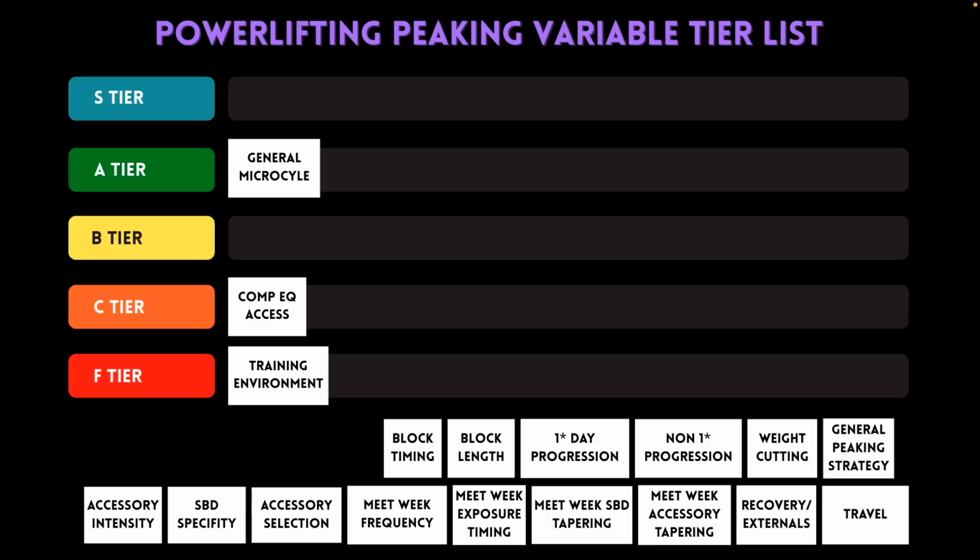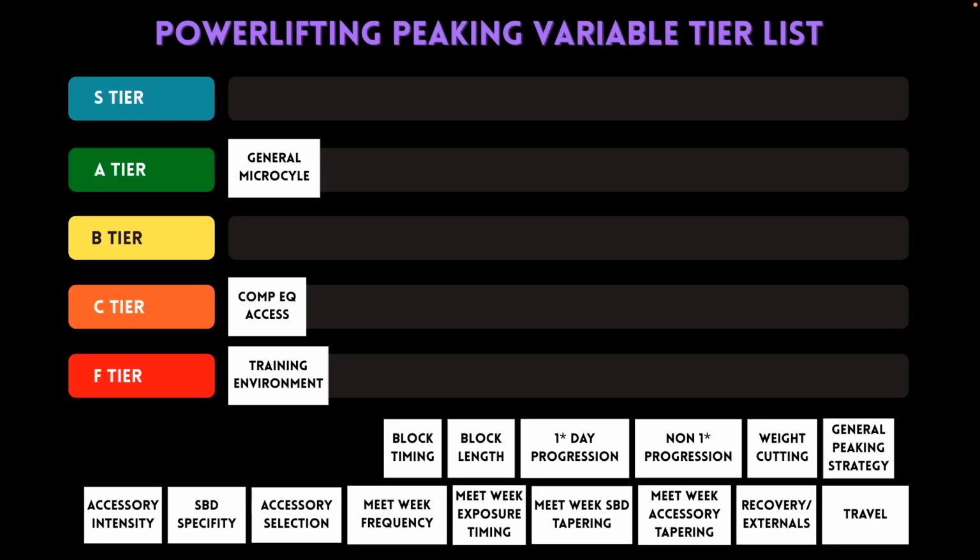And we're talking peaking. So how peaked is someone going to come in? Regardless, if block timing is not taken into account, will that person come in strong on meet day? Possibly, kind of a coin flip. But even if it does happen, will that person come in as predictable as possible, as strong as possible? Probably not, unless you are really dialing in that block timing.